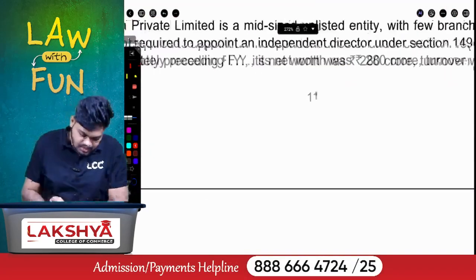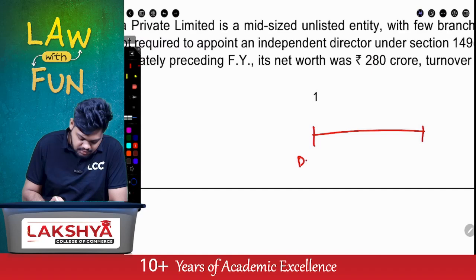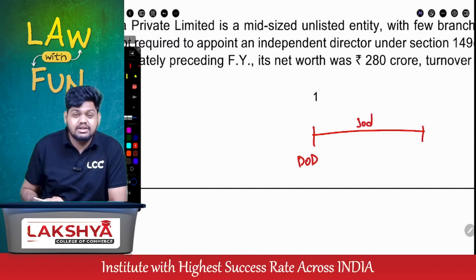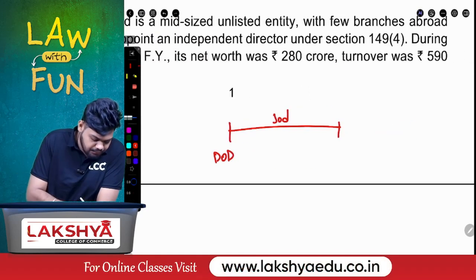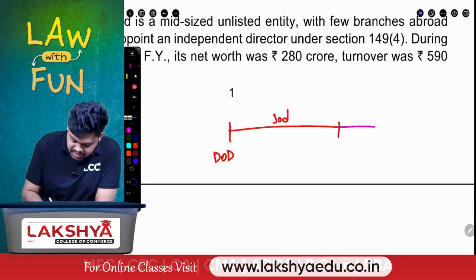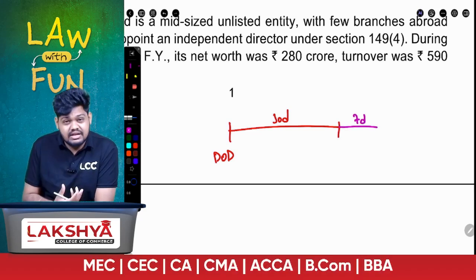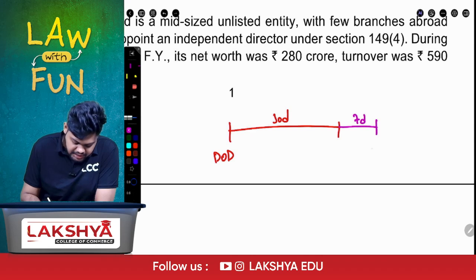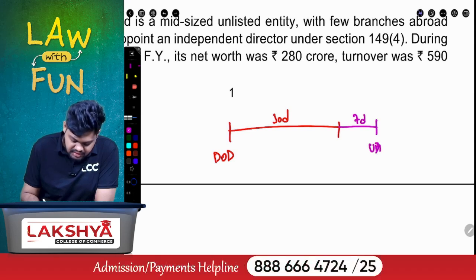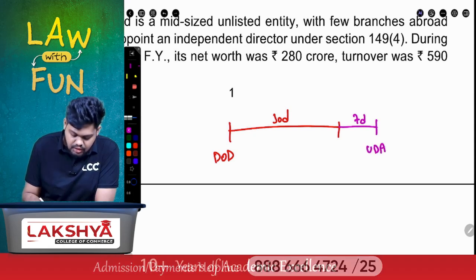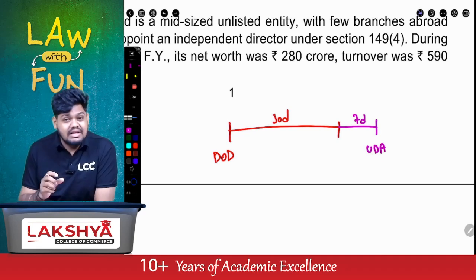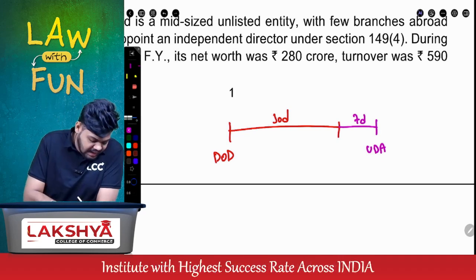Understand the concept here. From the date of declaration, they're given a time limit of 30 days to distribute the dividend. If at all you fail to distribute the dividend in such time limit, within 7 days from the expiry of 30 days, you have to transfer it to the unpaid dividend account. The unpaid dividend account will be maintained by the company for a period of 7 years, and along with this,